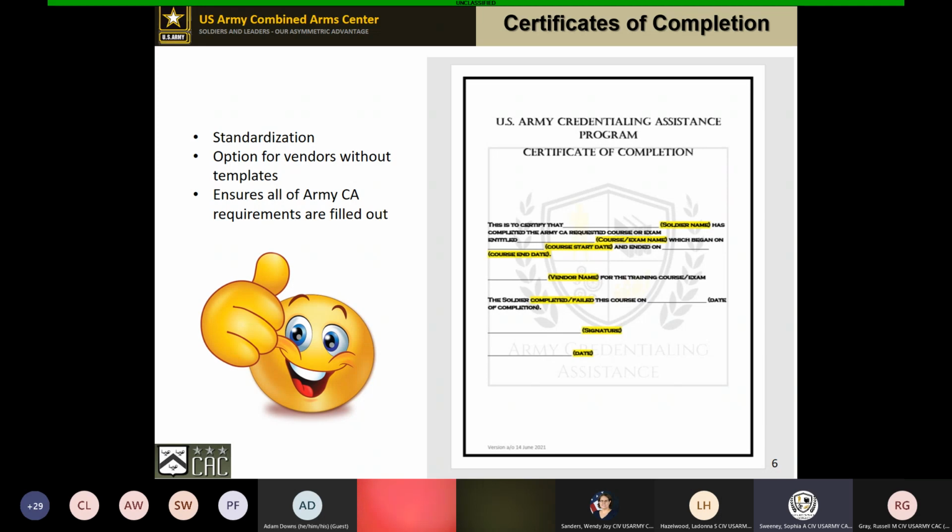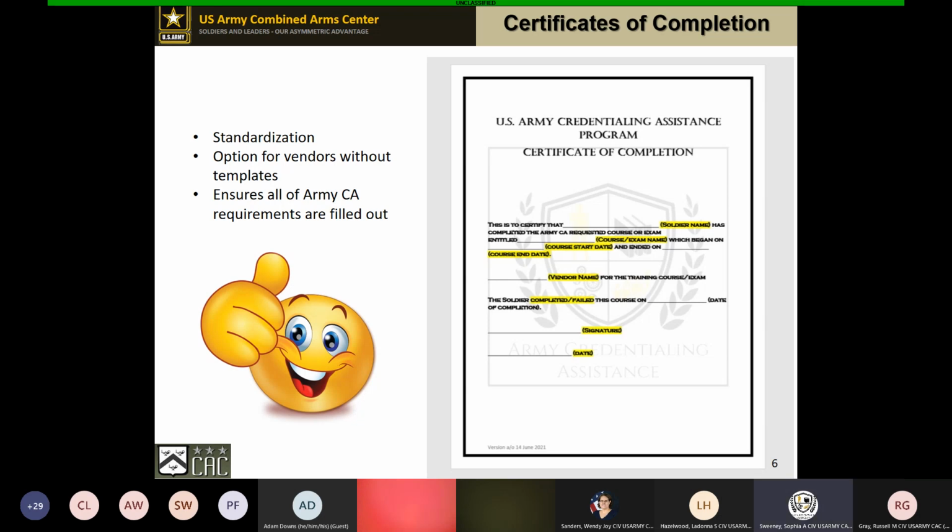We've been getting some certificates of completion from soldiers who have said, oh, I passed the course. But then when I ask, the vendor says, nope, they never passed that course. That's why it's so important that we are very specific in our certificates of completion. Again, once you have the functionality in the system to do it, you don't have it right now, but once you do, some of these things are not even going to be that important because it's going to come directly from you. And we know that that's the truth, right?